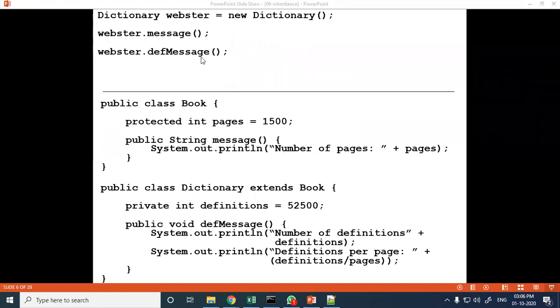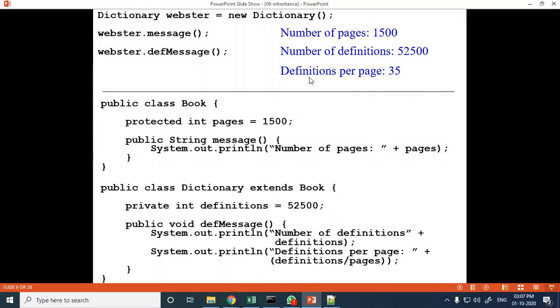Then it will call this one where number of definitions is again printed, 52500. Definitions per page is 52500 divided by 1500, whatever result it will print. Okay, so this is the output of the program.